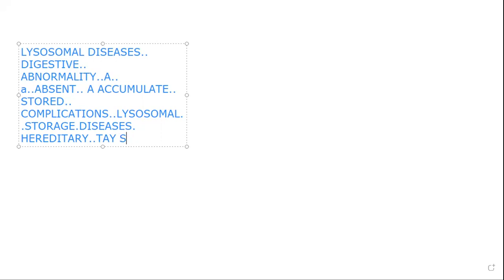Tay-Sachs disease is actually a disease which is caused due to the accumulation of lipids. Lipids जो हैं वो उसके अंदर जमा हो जाते हैं, जिसकी वजह से the brain gets affected, and when the brain gets affected,